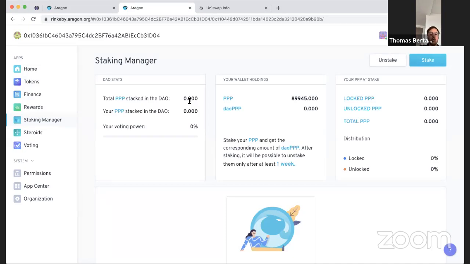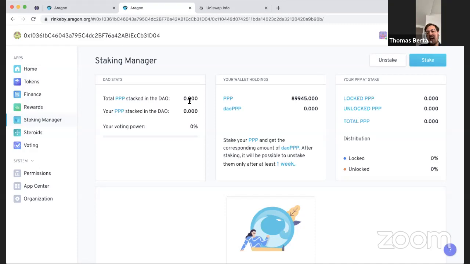Because they give you the right to get your liquidity out of PNT at any time. So the amount of PNT your UniV2 represents will vary over time depending on market conditions and on Uniswap conditions. So you are not as exposed to the fluctuations of the price of PNT as with the normal staking manager. It's a different kind of involvement. If you trust PNT will go up, for instance, you may want to just use the staking manager. While if you're not entirely sure, but want to benefit anyway from the rewards we provide within the DAO and within Steroids, you could choose this second option, which is a little less exposed to PNT, meaning that